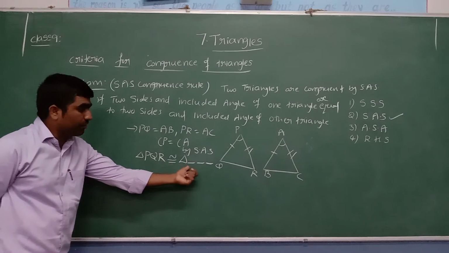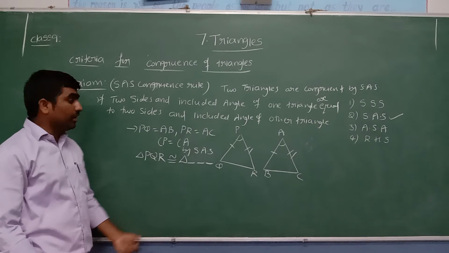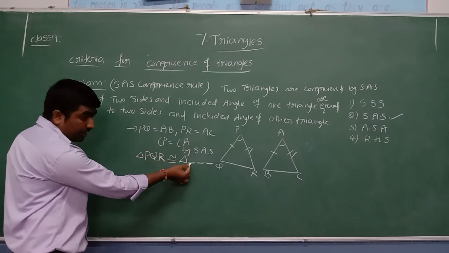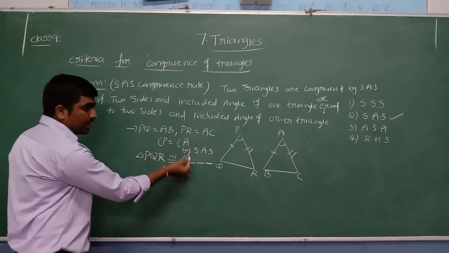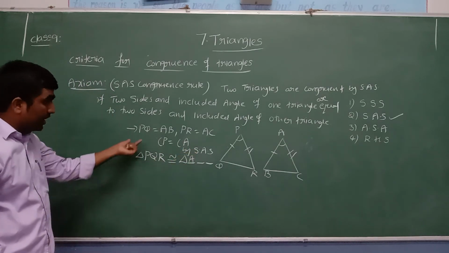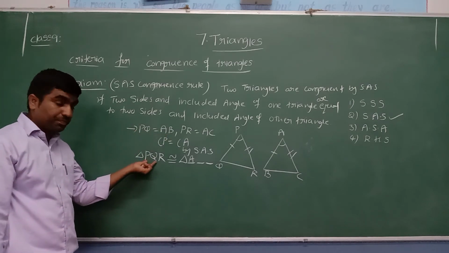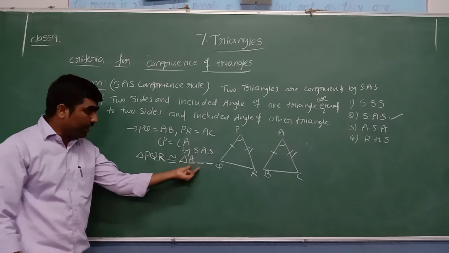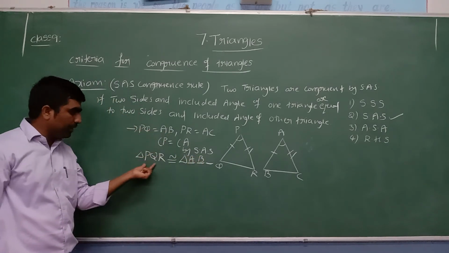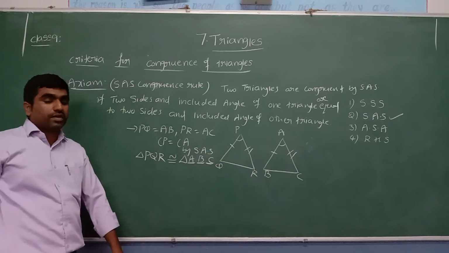Now we are going to write the symbolic form. The corresponding angles must be in equal places. Angle P is first, so angle A should also be first. They must be in the same places. Now let us move to sides. PQ is equal to AB: PQ first two, AB also first two. Already A is there, so here we take B. PQ, AB. Then the one more letter is C. That is the way we can write the symbolic form.